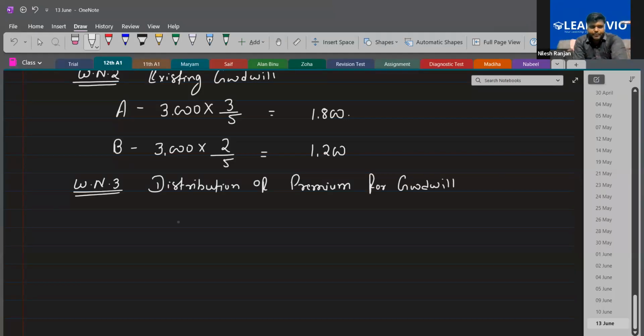That is also fine. So the gaining and sacrificing ratio for both partners is 1/10 and the goodwill value is 10,000. So he is bringing 10,000. First of all, you have to remember this. Now, this total amount should be distributed. If we multiply it with 1/10,